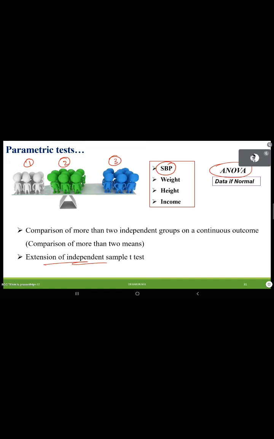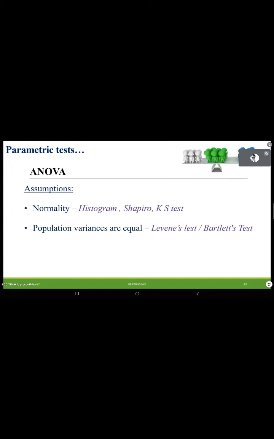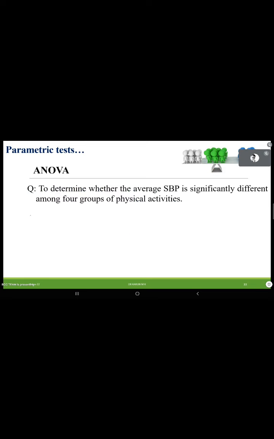Yes, sir. So the assumptions are the same for almost all parametric testing procedures. The first assumption, data should follow normality. First group, data should follow normal distribution. Second group, data should follow normal distribution. Third group also, data should follow normal distribution. Equality of variance, again using the same testing procedure. That means the standard deviation of the first group should be equal to the standard deviation of the second group, and that should be equal to the standard deviation of the third group. These are the two assumptions we are supposed to check.